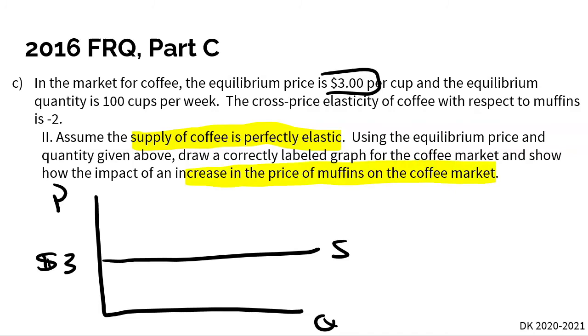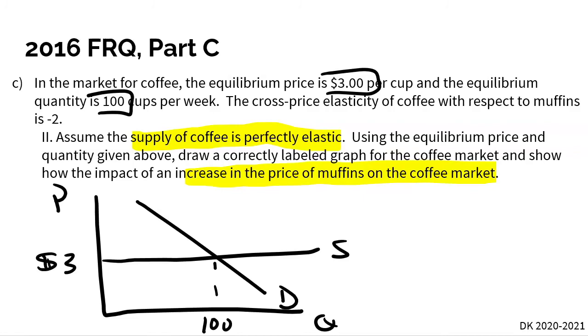Well, here we know our supply. We also know our demand is just a regular curve. And so here, our quantity is 100 cups per week. So this will get you a single point. But this only answers half the question. The second half asks us, what happens if there's an increase in the price of muffins on the